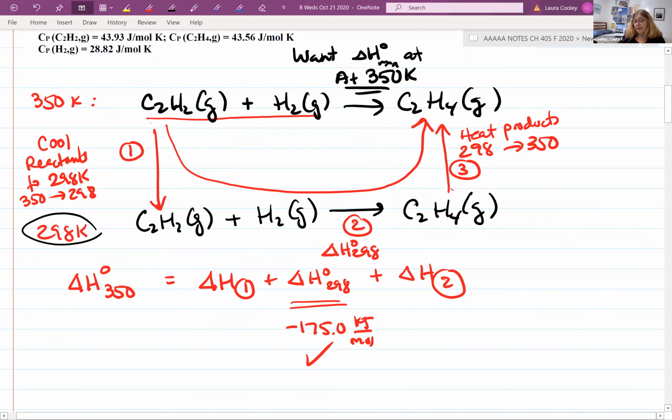And so here I'm going to have a delta T. The final minus initial will be negative, right? And here the delta T will be positive. And that's what's going to determine the sign of the contributions of these enthalpy changes, delta H1 and delta H2. So for the delta H1,